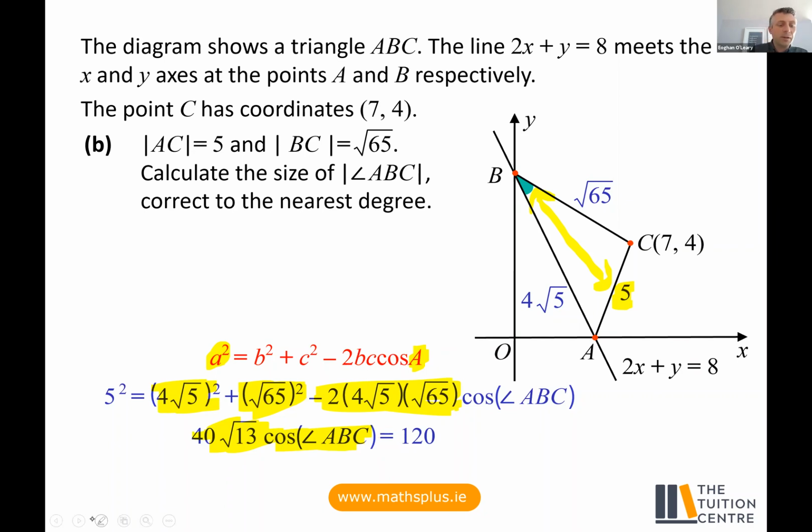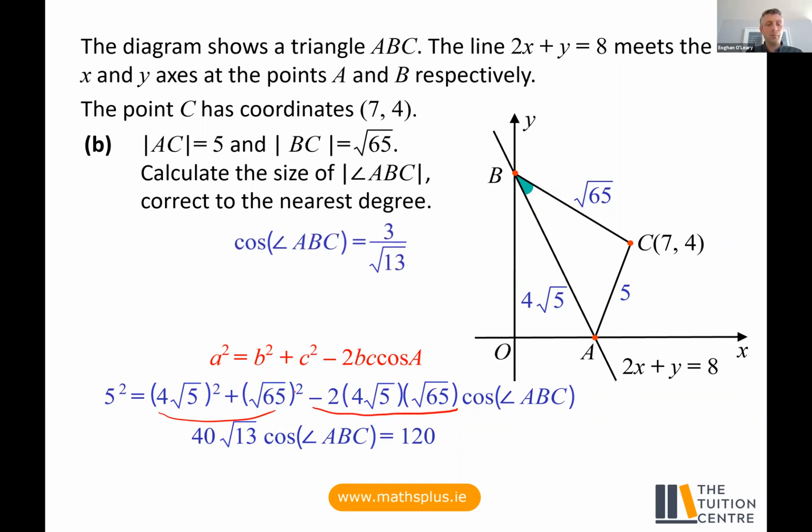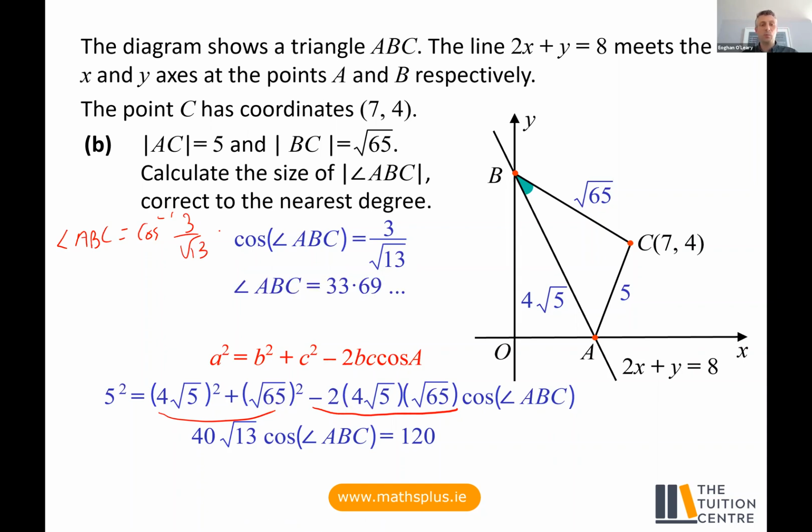So I've just reorganized where they are there in that line. But one thing to be very careful of, that sometimes students make a mistake, is that they multiply this out and they get the 40 root 13, and sometimes they'll subtract it away from this part here, but you can't do that because it's attached onto the cosine of angle ABC. So I can divide across by my 40 root 13, and I'm going to end up with the cosine of angle ABC is equal to 3 over root 13. So then I'm going to have my angle ABC is equal to the inverse cos of 3 over root 13, and that's going to be equal to